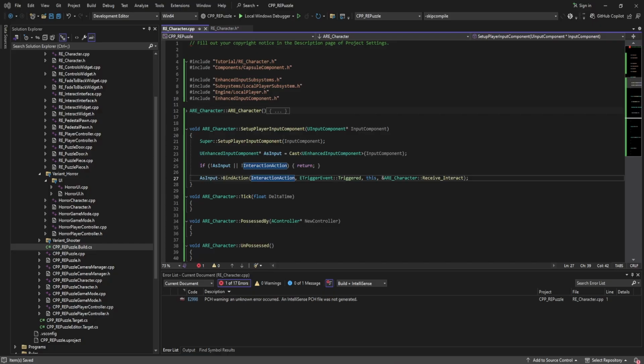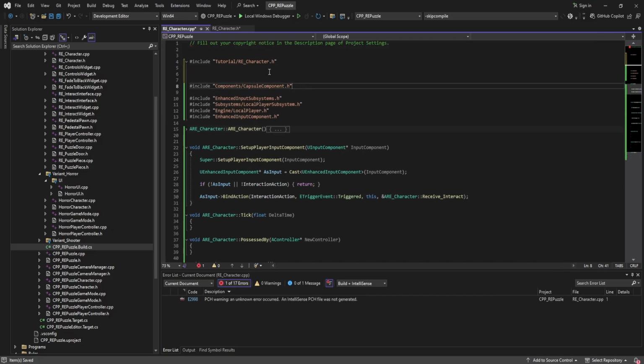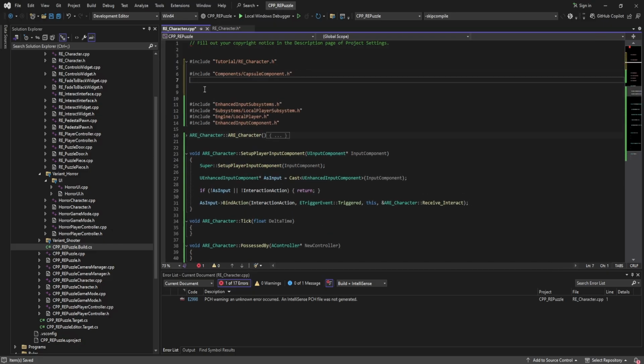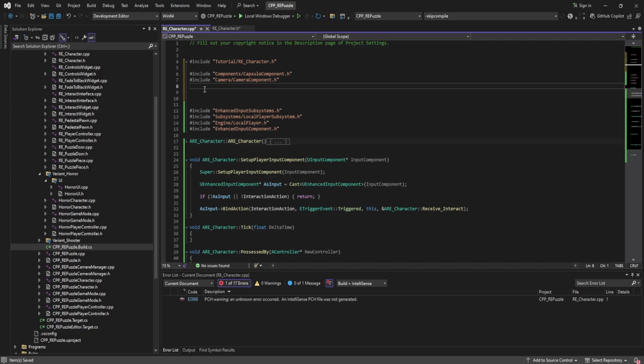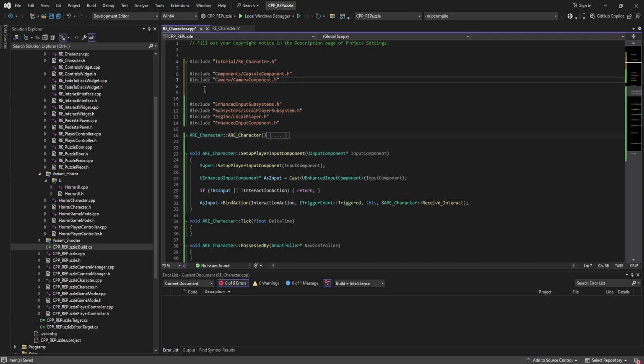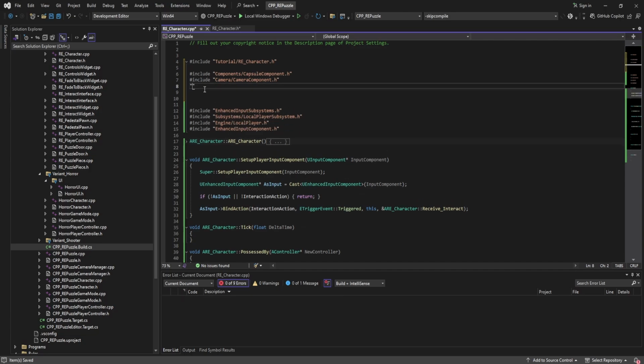Let's add the last includes now. I'm going to split these up because now we're going to have a few other components. So the components we're going to use is hashtag include Camera/CameraComponent.h, and the camera component we already have, so we don't need that. We're going to add hashtag include, as usual, Kismet/GameplayStatics